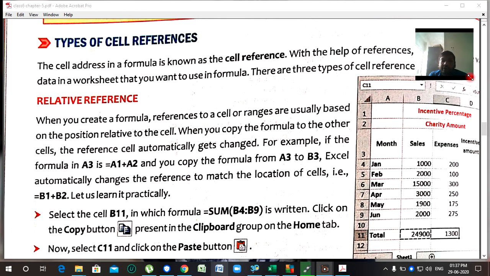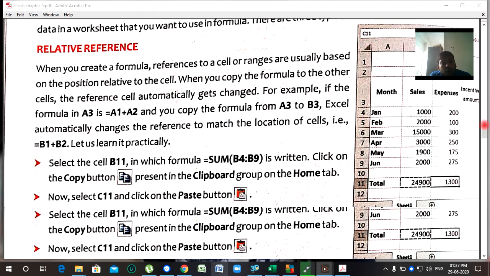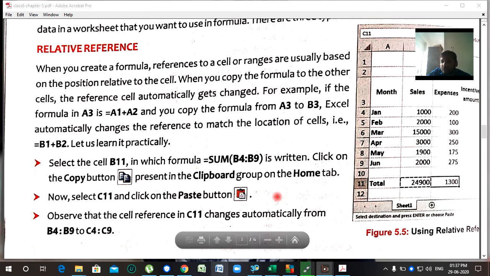Now here we are going to discuss what the relative reference is. For example, if you have entered values in D5 and E5, and we apply the formula, the equal sign D5 plus E5, and when we press enter, it will add both numbers.